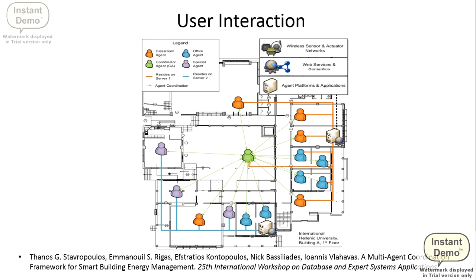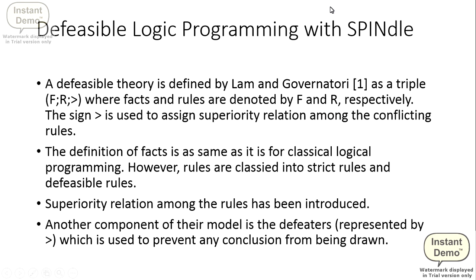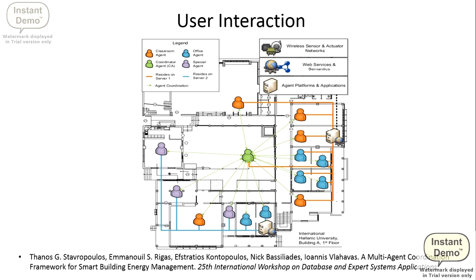So in this paper, actually, they have defined two types of agents, room agents and coordinator agents, and all the agents express their behavior through three types of rules. One is preference rules, which are controlled by the room agents, and the other two are maintenance and emergency rules, which are maintained by coordinator agents. First of all, I'll talk about the room agent.